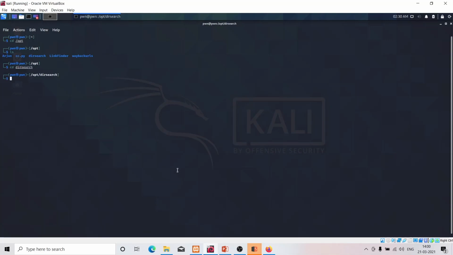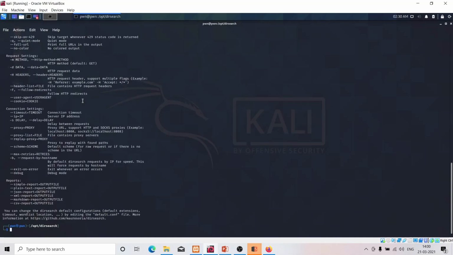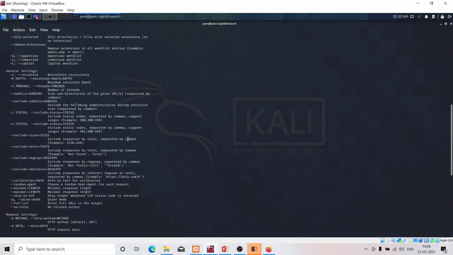I have installed this tool called Dirsearch, which helps us do directory brute forcing. It requires Python 3, and if you do -h, it will show you all the parameters which are required.